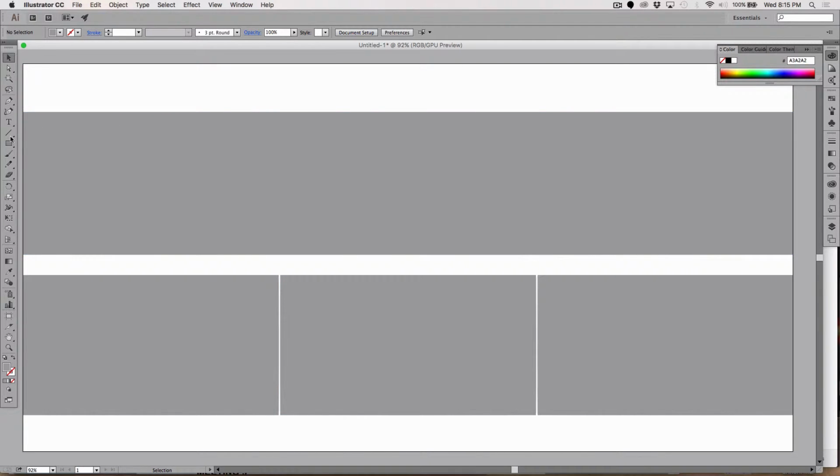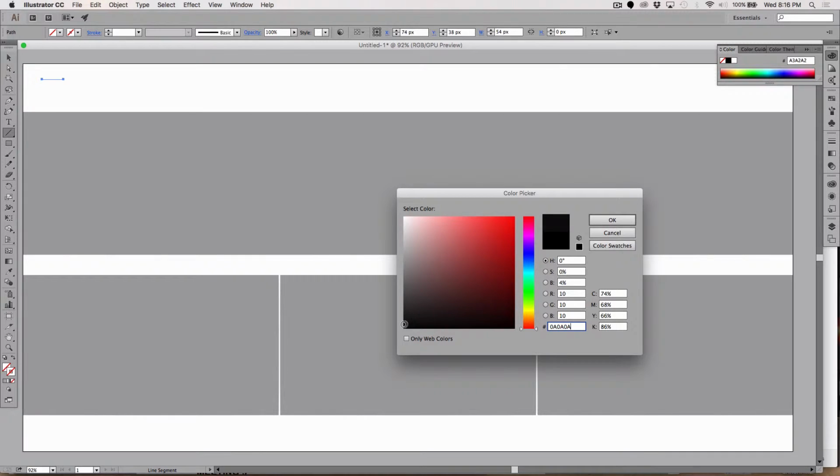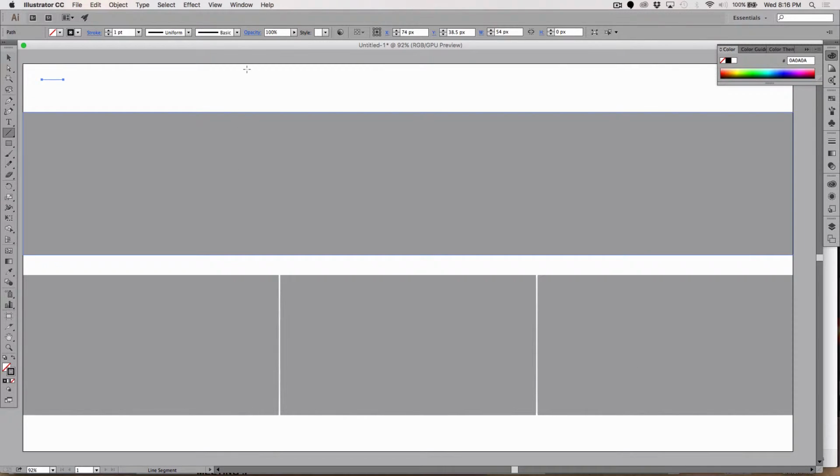Furthering this, I'm going to use the line tool to create a line here at the top and stroke this instead of with no color, I'm going to stroke this with black. And I'm going to thicken it up from 1 point to 2. And click and hold down my Option key and drag this down. Now I have 2, and then Command D, now I have 3. So there's the beginning of my menu